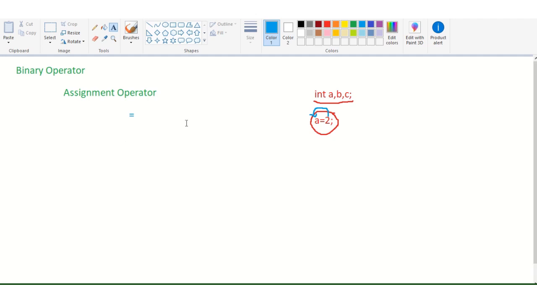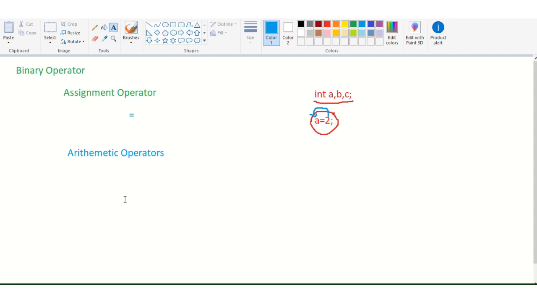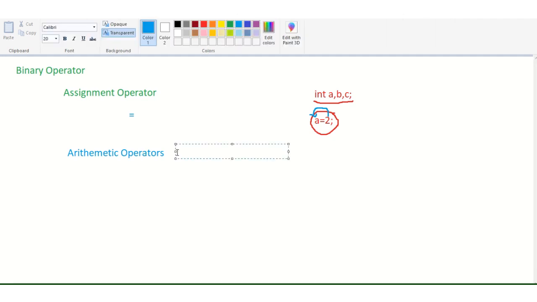Now the second operator is arithmetic operators. What do you mean by arithmetic operators? These are the operators which support the basic mathematical operations, and there are basically 5 operators used in C or C++.